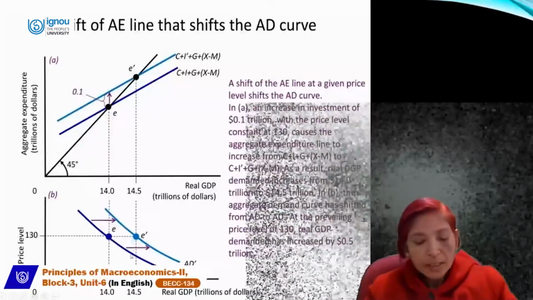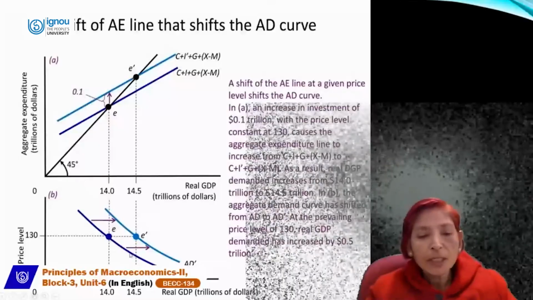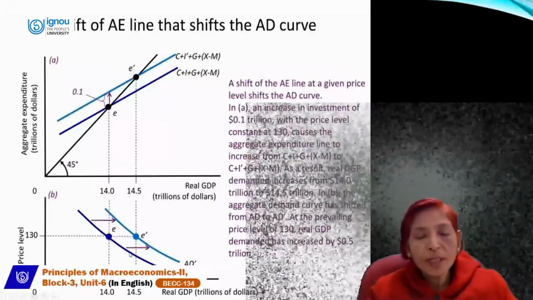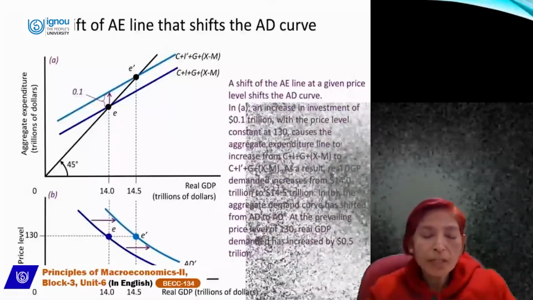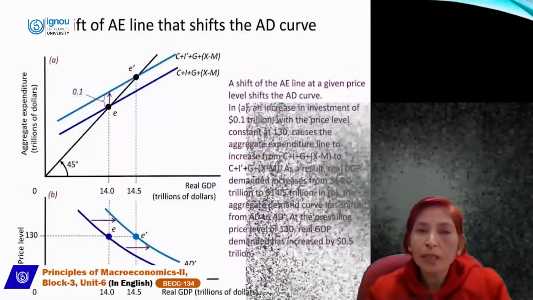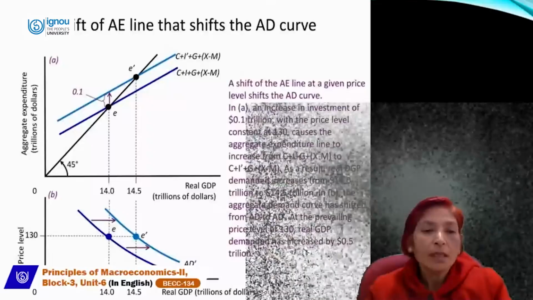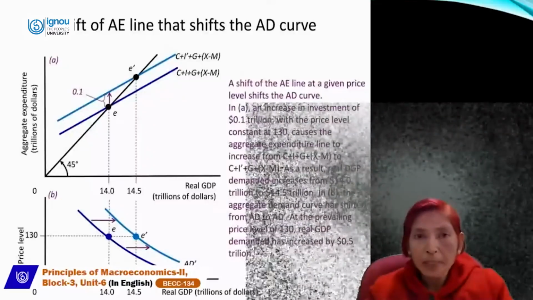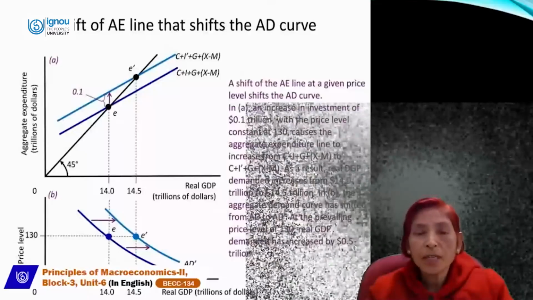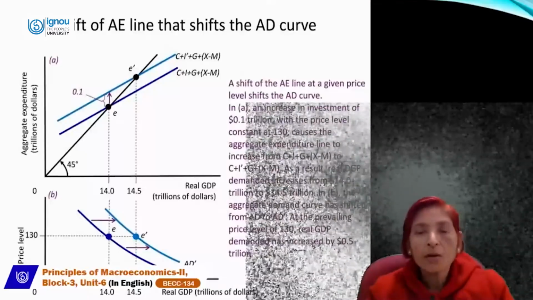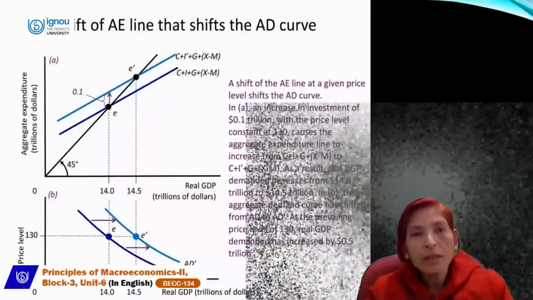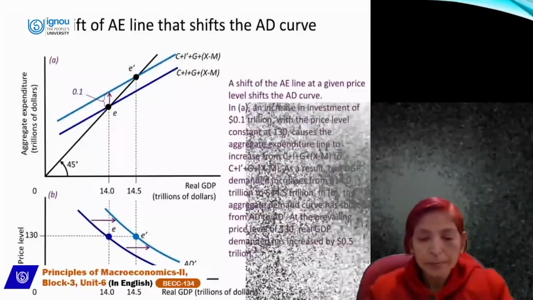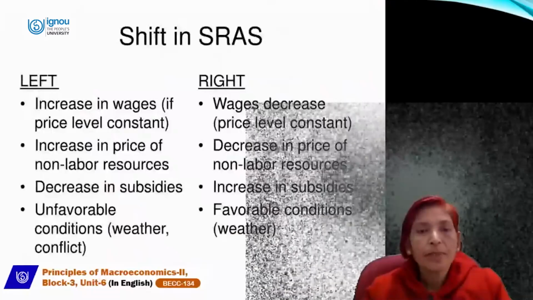So if demand increases, then the curve will shift to the right hand side. So this is the shift in the aggregate demand curve or rightward shift in the aggregate demand curve, which is showing an increase in aggregate demand, but it will shift due to an increase in aggregate expenditure. If we are spending more money on goods and services, then our demand will also rise, but price will remain constant. Next is the SRAS curve.